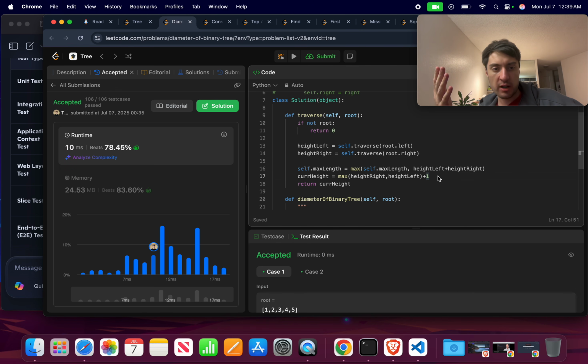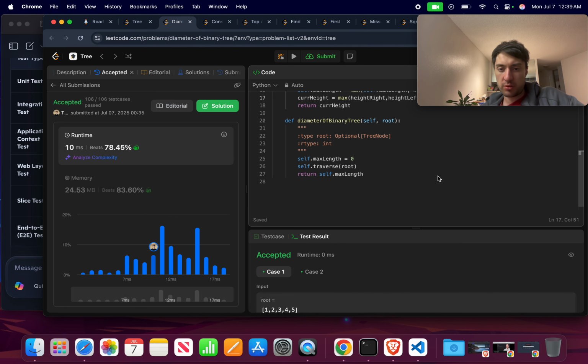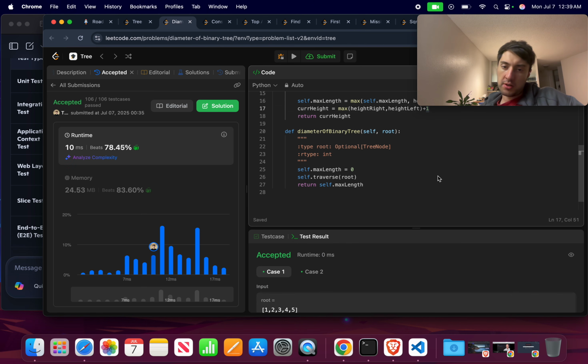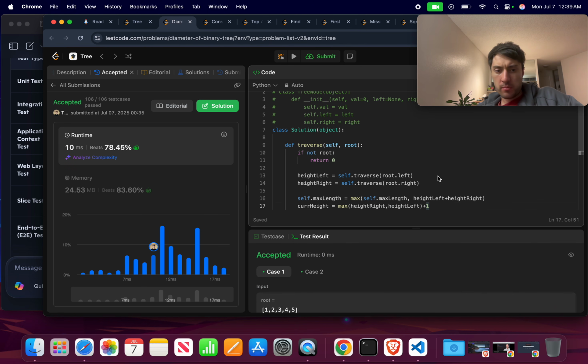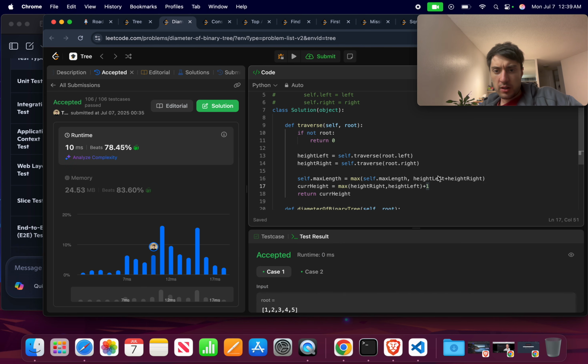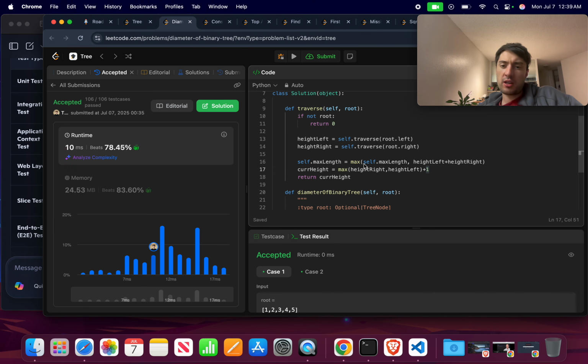Yeah, how to keep track of my current state when I'm doing recursion. That's one of the biggest ones that I think I was stumbling with. And then I guess just thinking about